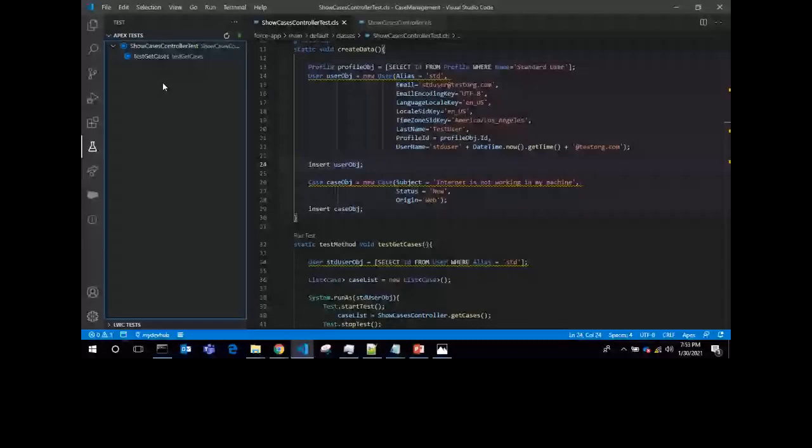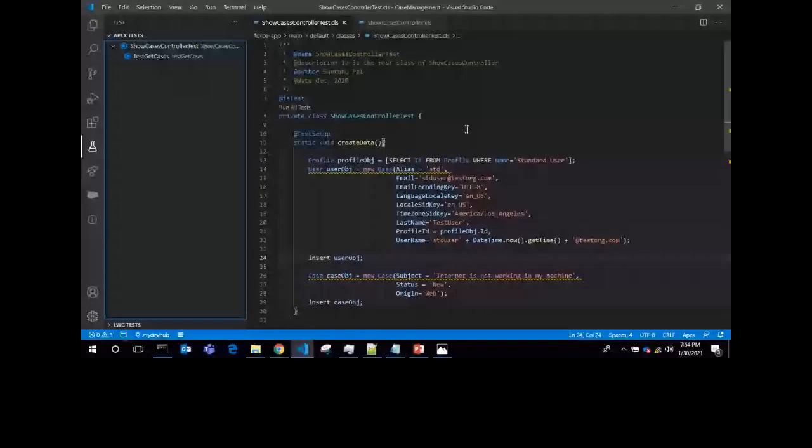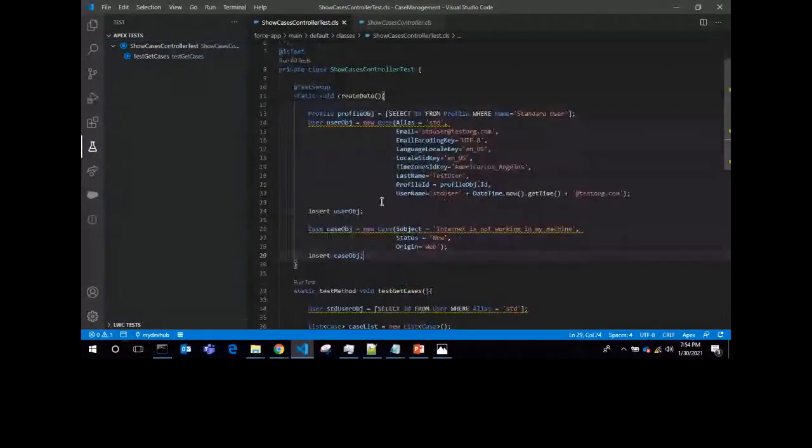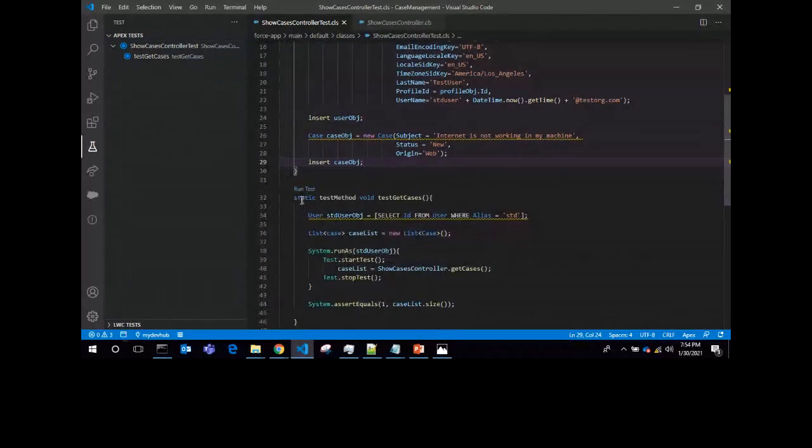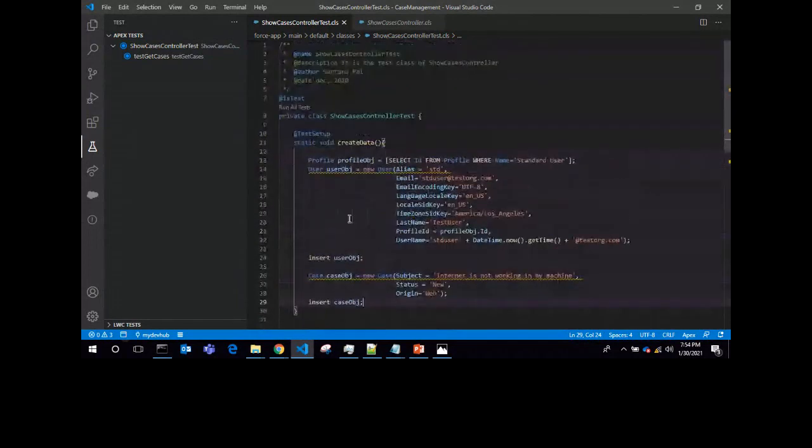Now I have to run the test class. You can see that is a good thing. For each test method, the run test link is there. It comes automatically when you write the test method, as well as at the topmost of your test class, where you can see run all tests. When I click on run all tests, it will run all test methods of this test class. When I click on run test for a particular test method, it will run only that one test method. But for now, I will just click here. Also, from the test runner, you can execute the test class.